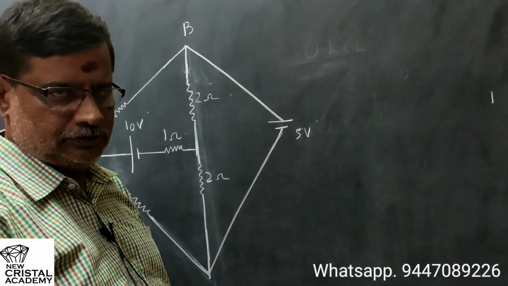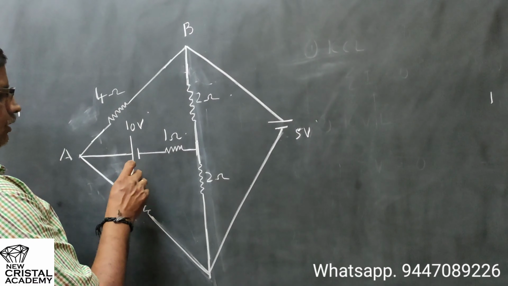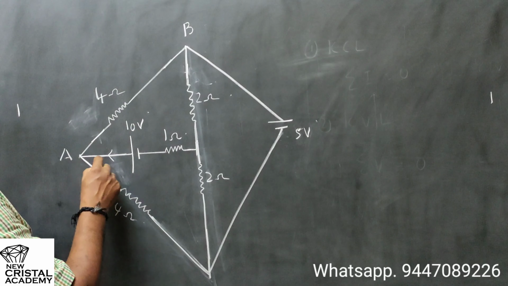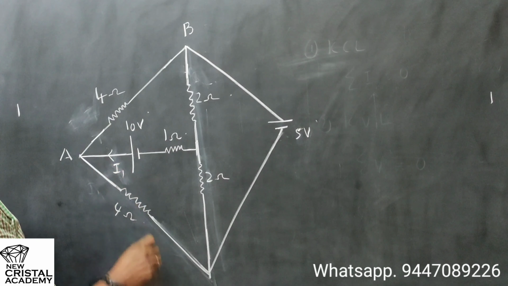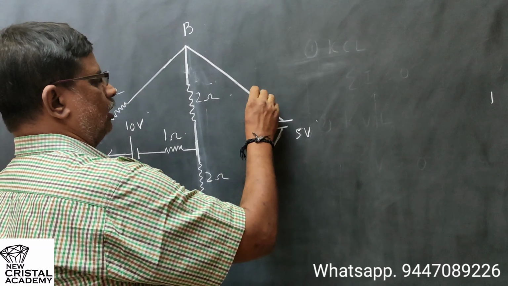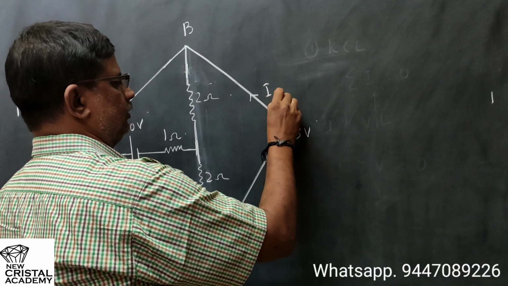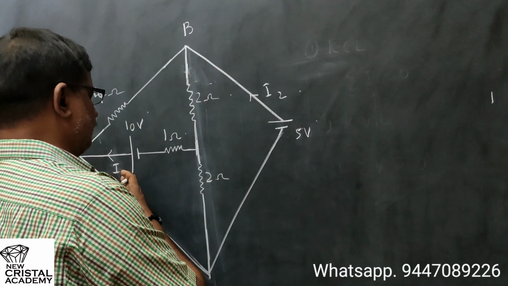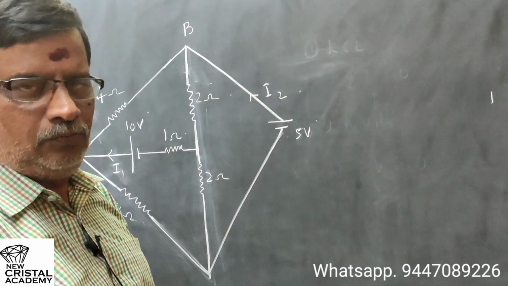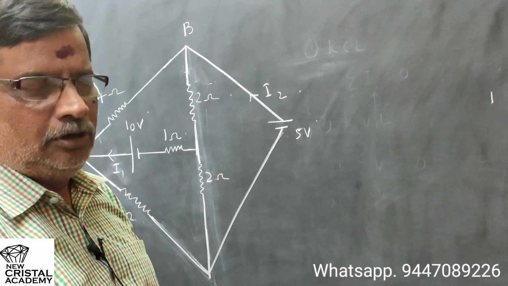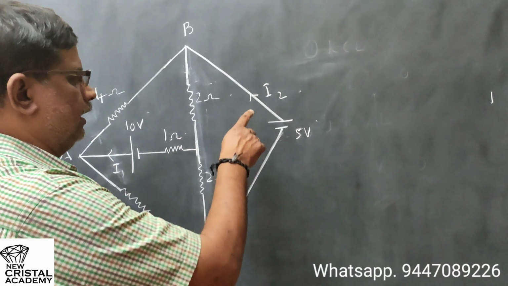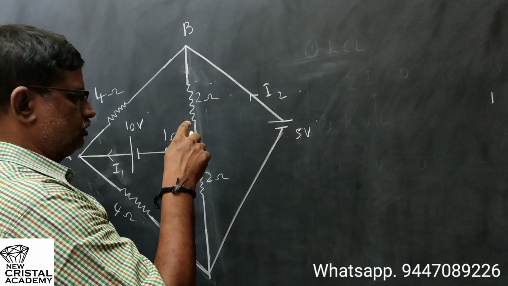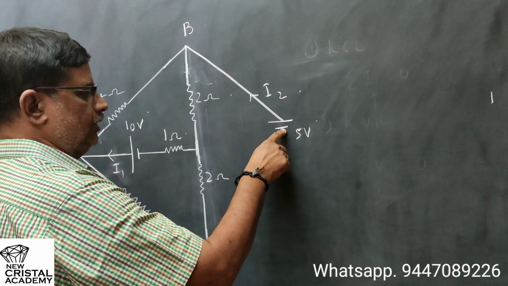follow certain sign conventions. So let us start with this battery whose EMF is given as 10 volt. We will write the current that is coming out of the positive terminal of this battery as I1, and the current that is coming out of the positive terminal of this battery as I2. You can write anything you want, whether you write this as I, this as I dash, or whatever. But once you fix a symbol for the current coming out of the positive terminal of the battery, if I say that I2 is the current coming out of the positive terminal, after all the redistributions which take place in the circuit, the same I2 should enter through the negative terminal of the